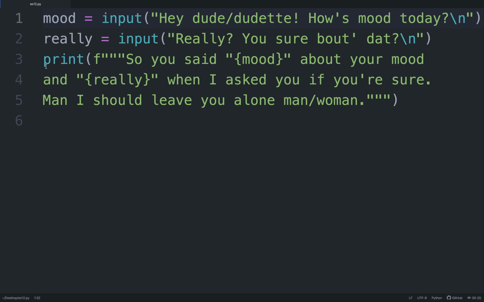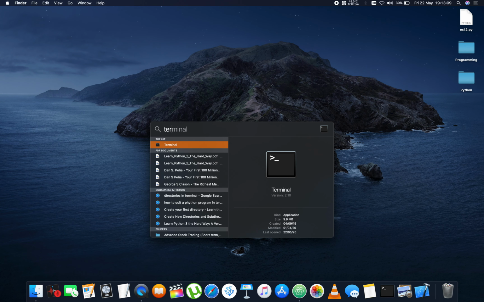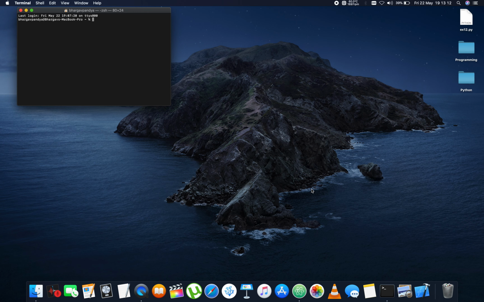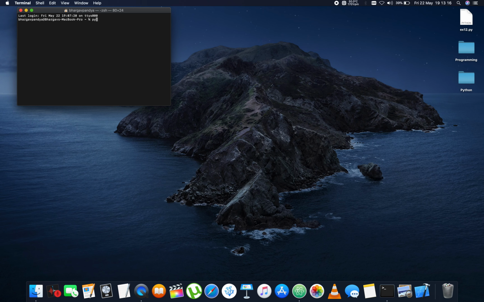So, copy this program exactly the way I have written it. Exactly the way I have written it. And once you're done copying this program, what I want you to do is open up your terminal and type in Python 3, put up a space, drag and drop this ex12.py and drop it here,